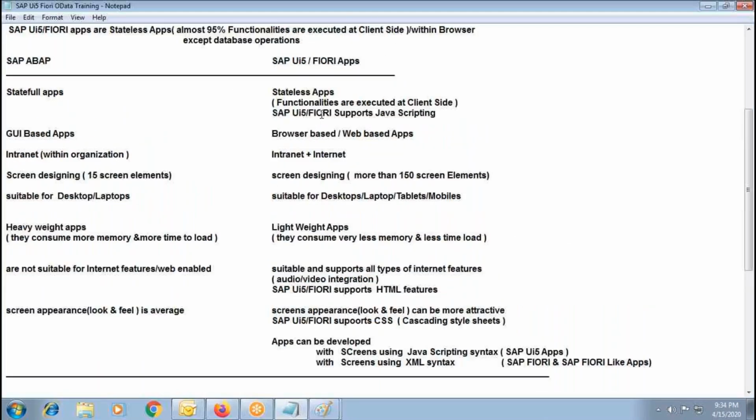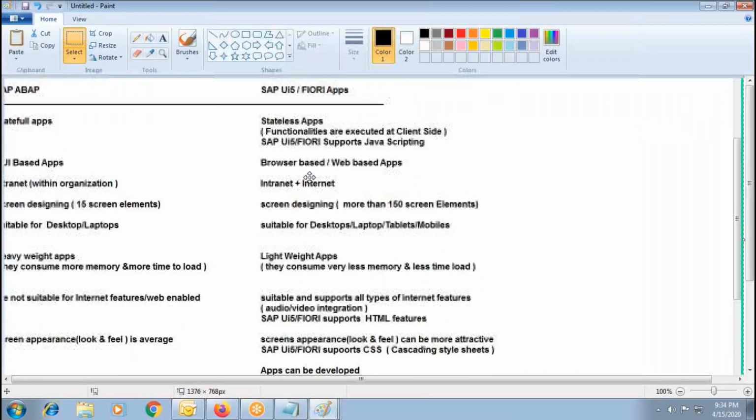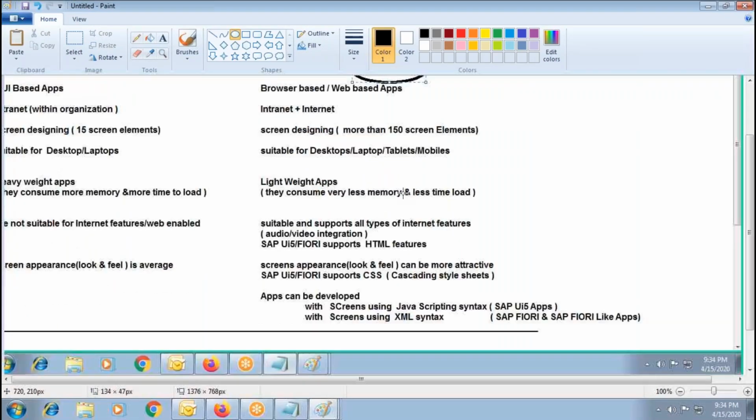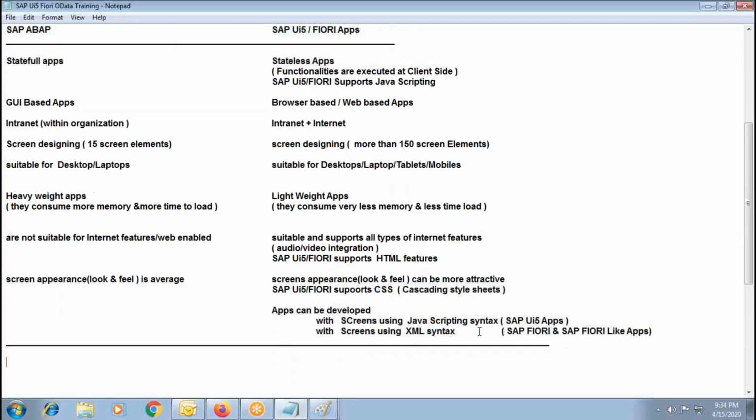So in simple words, what I want to say is, UI5 has all these things: JavaScripting features, HTML features, CSS features, cascading style sheets, and also XML. So we can develop an end-to-end application only by understanding all these things: JavaScripting, HTML, CSS, and XML. And not only that, if you closely observe